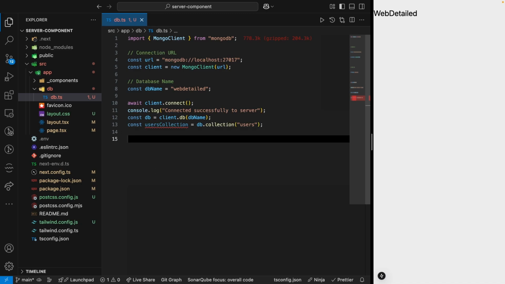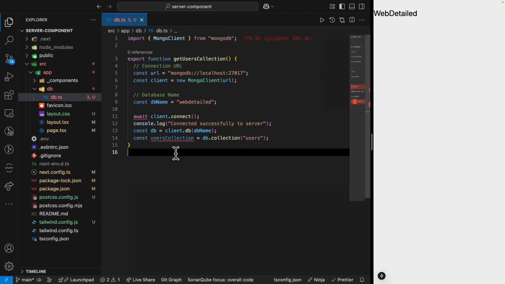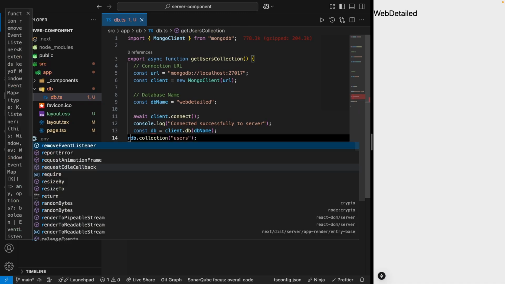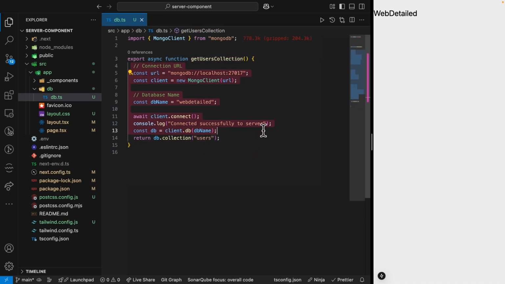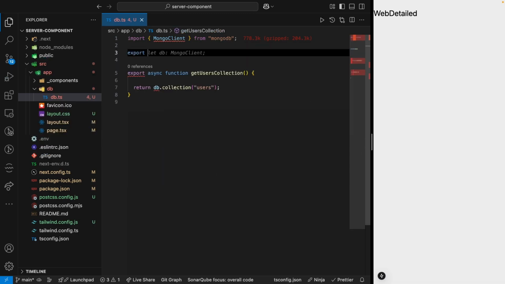So for now, I will go with an exported function like getUserCollection. That sounds good, and I can grab this code, put it here, and say export async function. And simply I can return like this. So this function is going to first connect and return this collection, but it's better to refactor the first part and this part because it's going to be shared between other collections as well. So I will cut them into another function, maybe exported, or just a local function